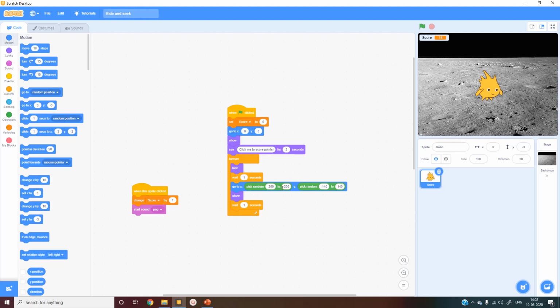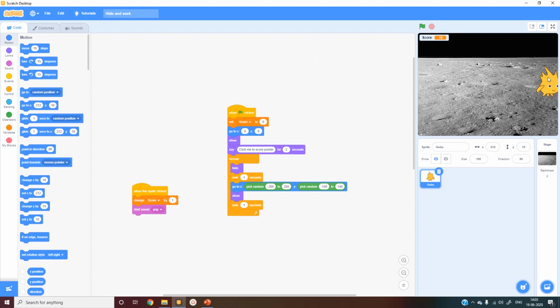Now what are these two locations? These are the locations of the end points of this graph. As I told you, our stage is already like a graph with x and y axis. You see, whenever I bring the Gobo down here, the value of y is minus 141. So this is somewhere around minus 140 and this is 140. And when I go towards the negative side of the x-axis, it is minus 211 and on the right side it's plus 212. So that is the complete stage area.